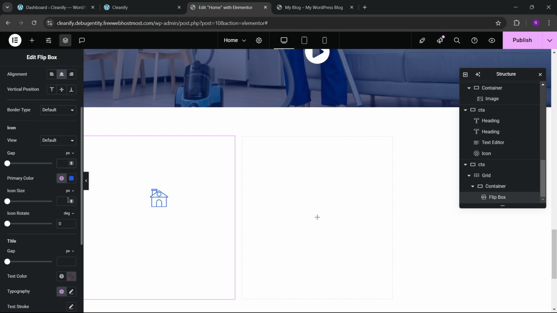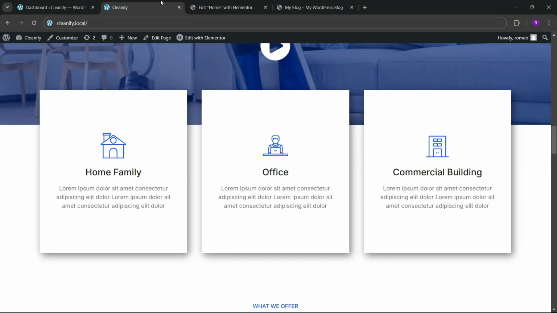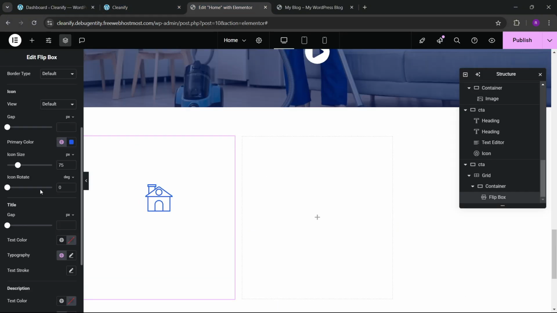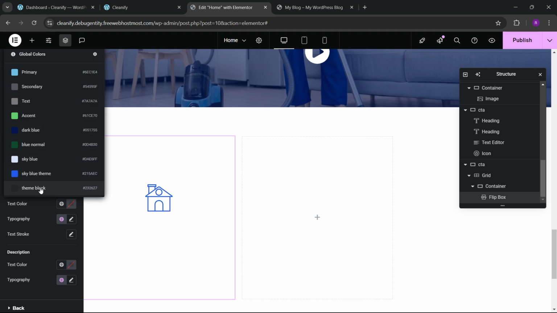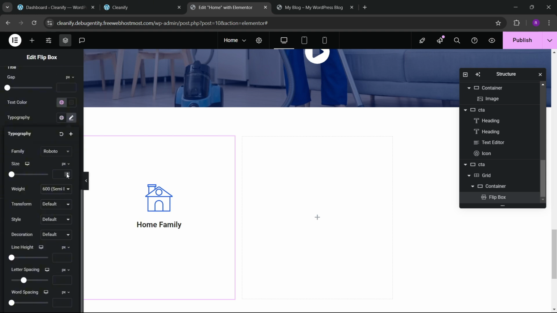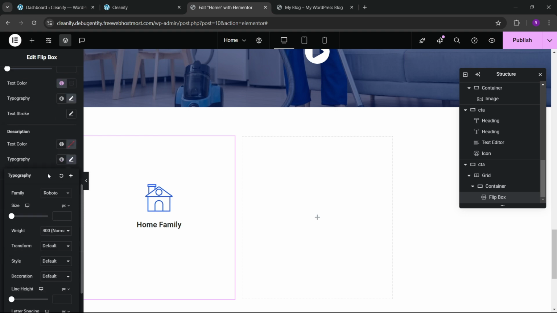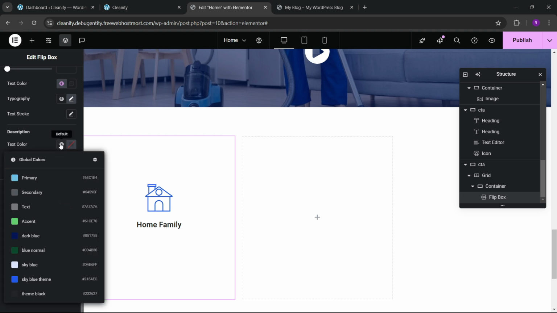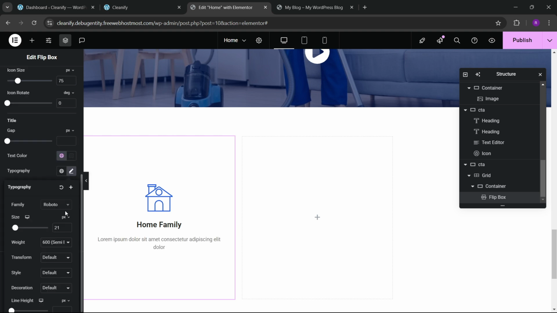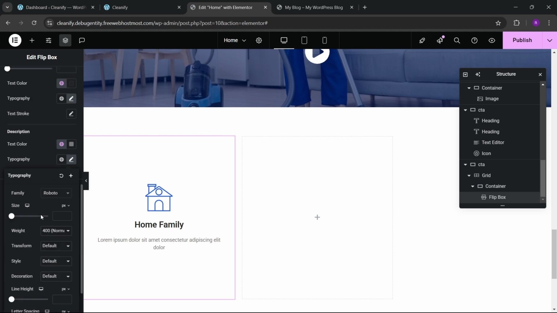Here you can see that we can go to the icon size, and let's increase the icon size. Let's make the icon size 80. Let's make the icon size 75. Okay, now we can go to the title, and here we can make the title theme black. Let's increase this also. And for the description, we can make this, and we can also increase the size of this. Okay, so 23, and we can make this